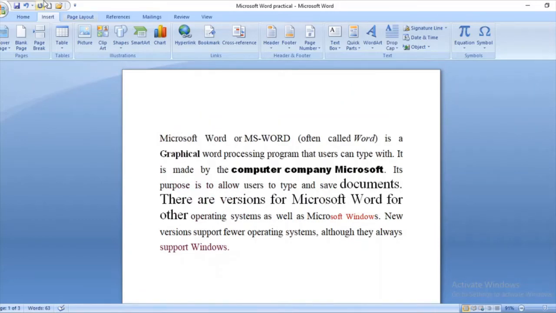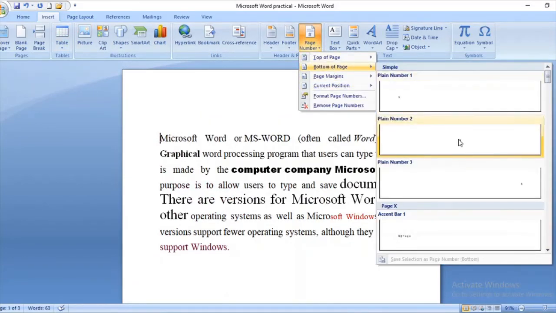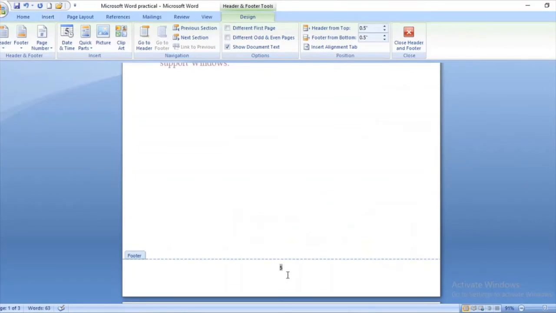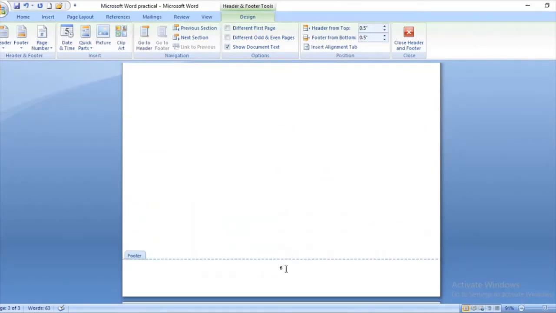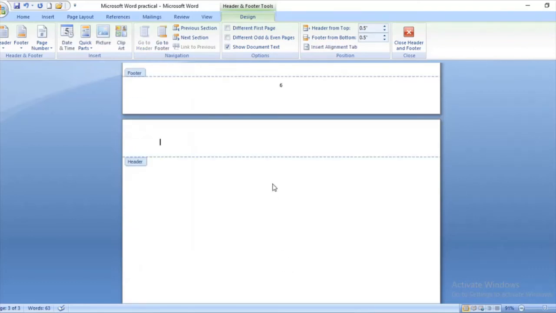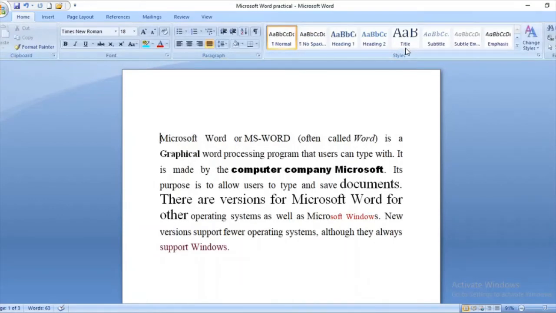And then I can select page number style. For example, I am selecting bottom in the center. So you can see my page number is starting from 5. And here you can see 6. And here you can see 7. Okay, this is how you can also change the page number starting position also. So this is how you can do page numbering.